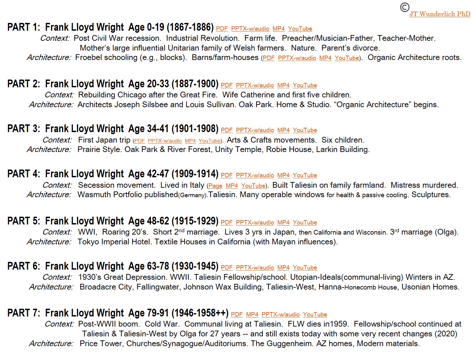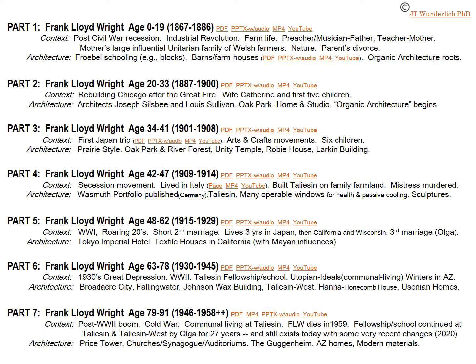I've organized this lecture series into 7 parts based on 2 main things. Mostly on his life, of course, and significant things that have happened to him and things that he developed during those times, but also things in the world and in his life personally that are going on that define where he's at any given time, including 2 world wars. He's born right after the Civil War, lives through 2 world wars and the Great Depression, and the Cold War after that, and then he has 3 marriages and a mistress who's murdered,